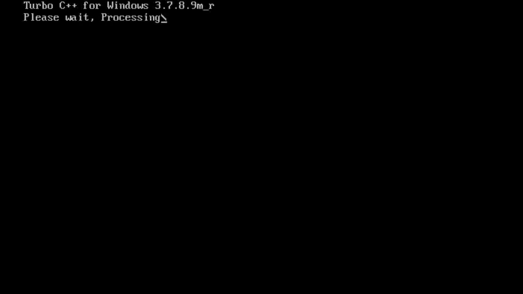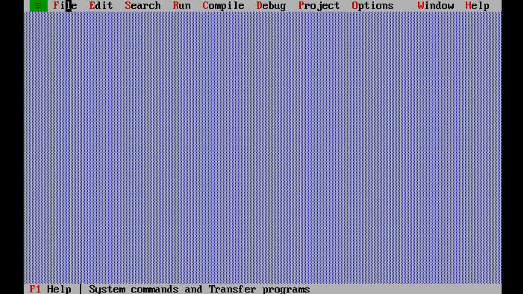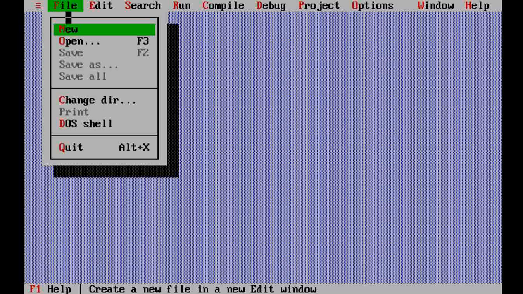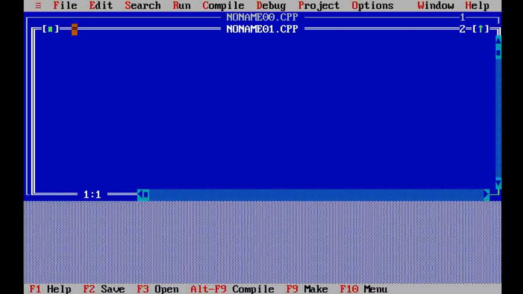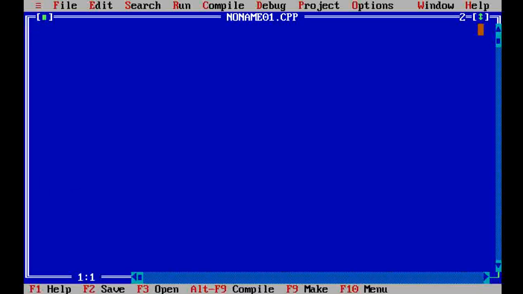After opening, this screen will be shown. This is the menu bar for the C programming editor. Here we click on the file option and make a new, empty file. Then we start to write or type here.